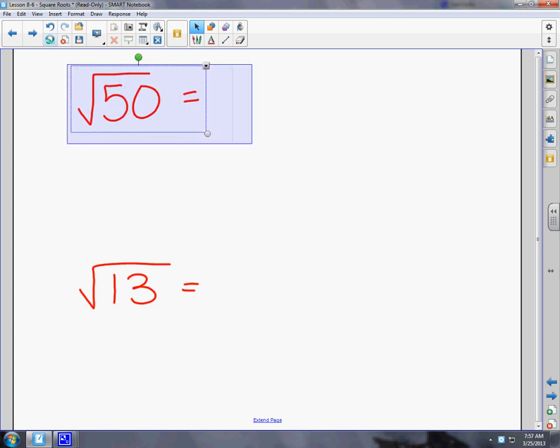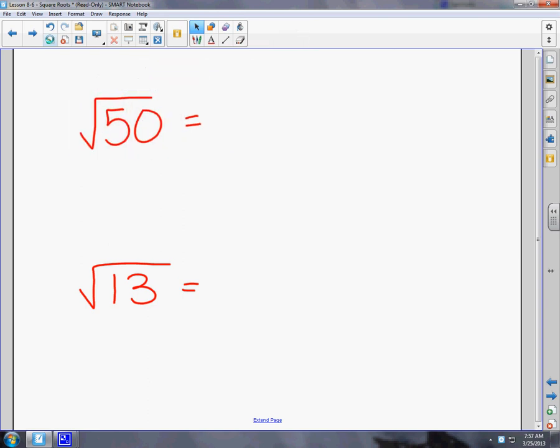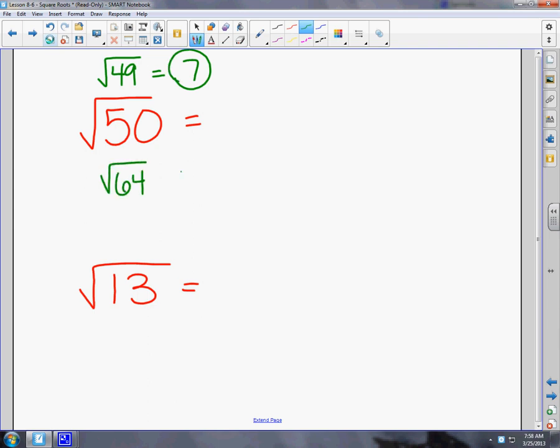All right, so here's my strategy. I have the square root of 50. Now, you want to think of the perfect square roots on the top and the bottom. So if I know that the square root of 49, because that is 7 times 7, that's 7. And then I know the square root of 64 is 8. I'm looking at the number underneath the square root sign. So then I go 49, 50, 64. So then if you look at it, oh my gosh, it's a lot closer to 49. It's only one number away. So my estimate would be